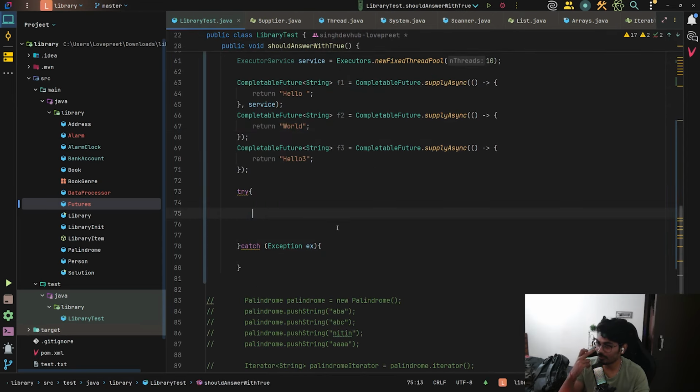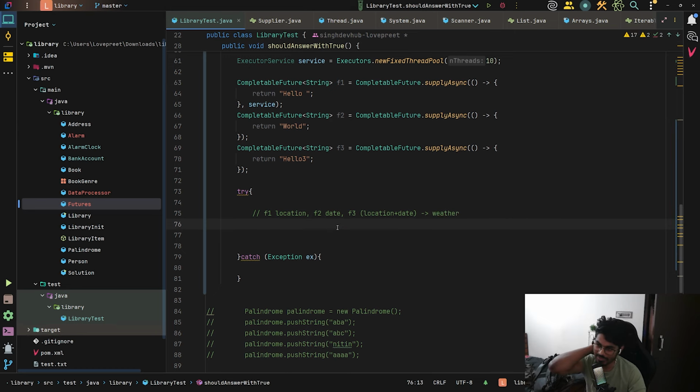So basically I want to chain the futures. Let's suppose I want to call 2 futures. Future 1 gets the location, future 2 gets me, let's say, the date, and then f3 uses location plus date to give me the weather. This could be one case. So f1 gives you the location, let's suppose Delhi, the date is let's suppose 20th June, so it will use Delhi and 20th June, and it will say